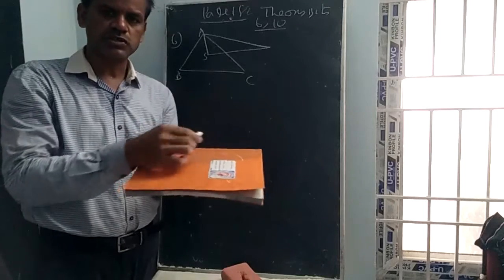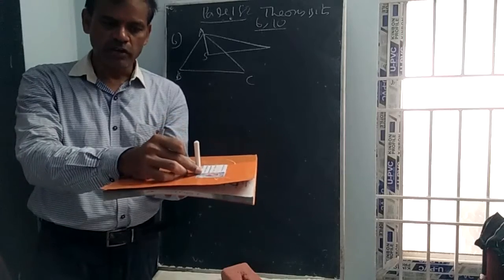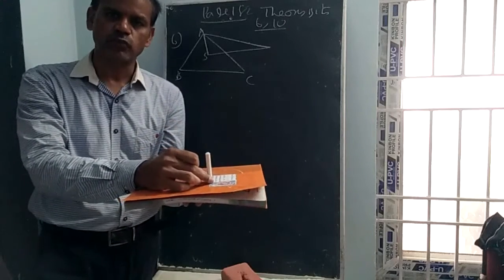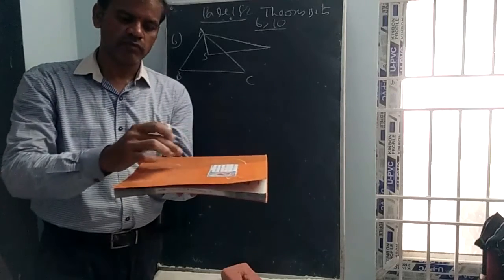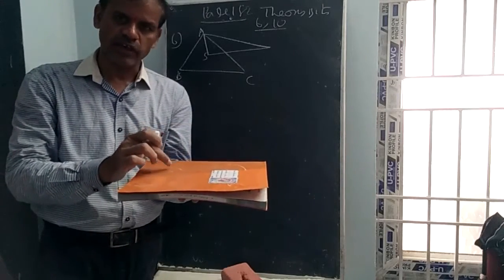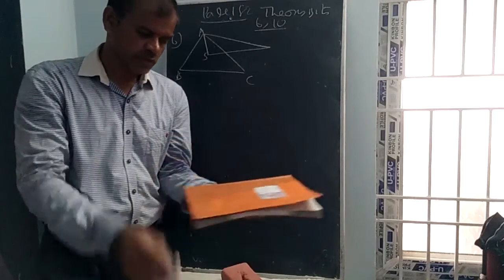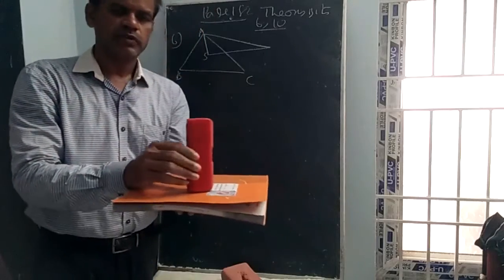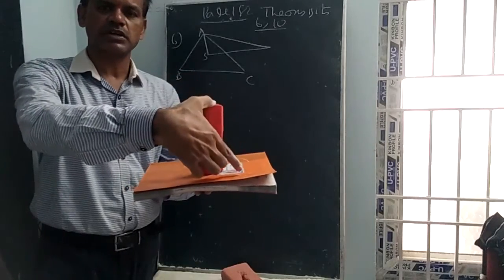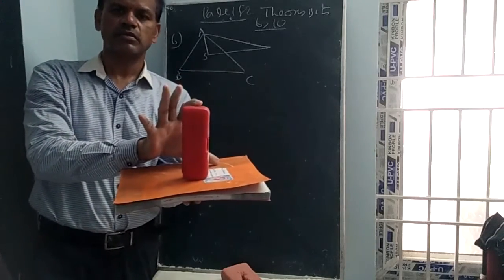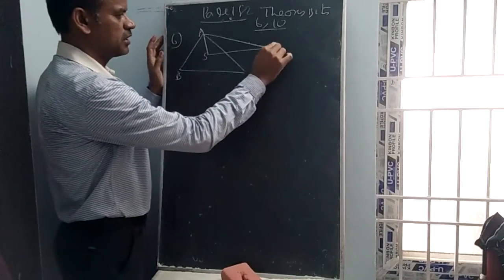From these 3 points, a tower is there like this, in the middle of the triangle. Of course, it is at the circumcenter. A boy is observing from here to the middle the angle alpha. In the similar way, this is beta, and in the similar way, this is gamma.